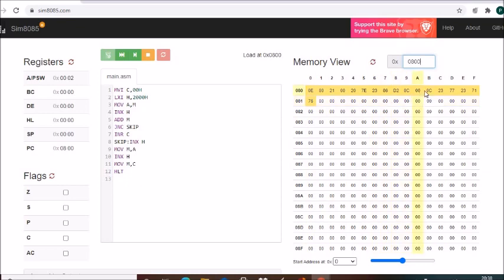Then 0C is the opcode for INR C. Then INX H, 23 is the opcode for INX H. Then MOV M, A, 77 is the opcode for MOV M, A. Then again 23 for INX H. MOV M, C, 71 is the opcode for MOV M, C. Then HLT, 76 is the opcode for HLT.